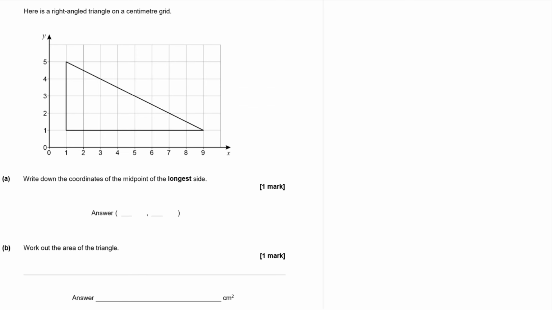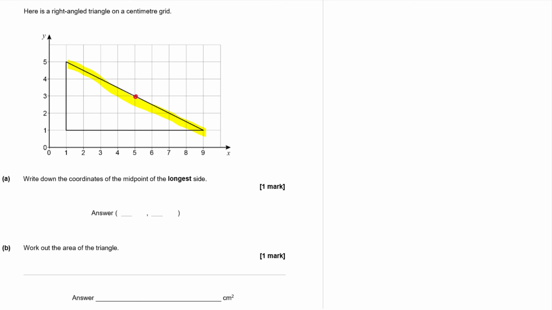Question 6 here is a right angled triangle on a centimetre grid. Write down the coordinates of the midpoint of the longest side. Okay, so the longest side is this one down here, look. And I guess, I mean, we could do this by eye. I think by eye it's probably that point there, but I think we're going to just check by doing it